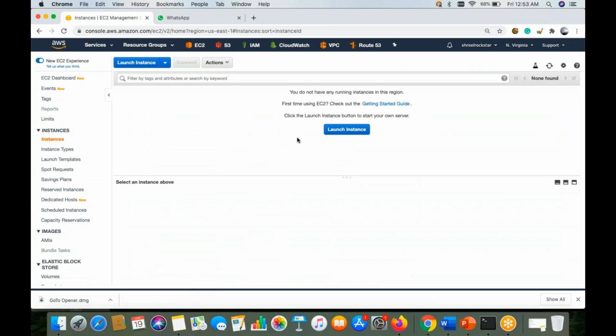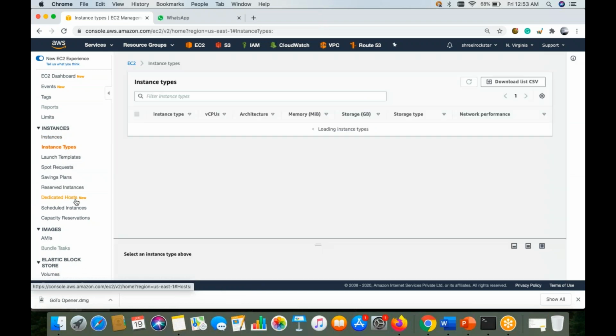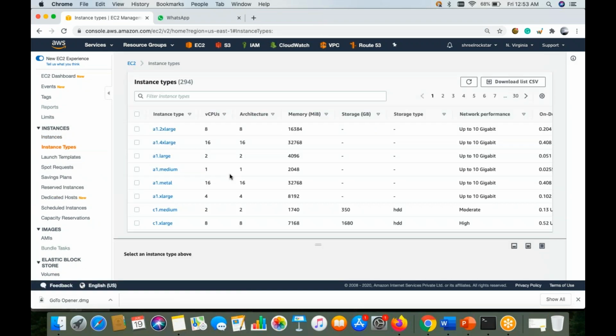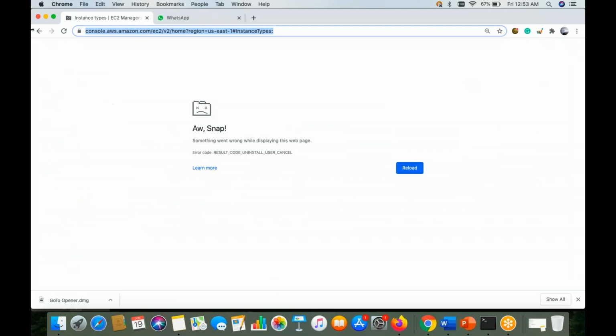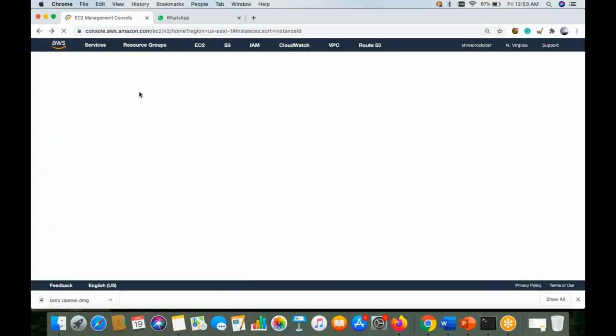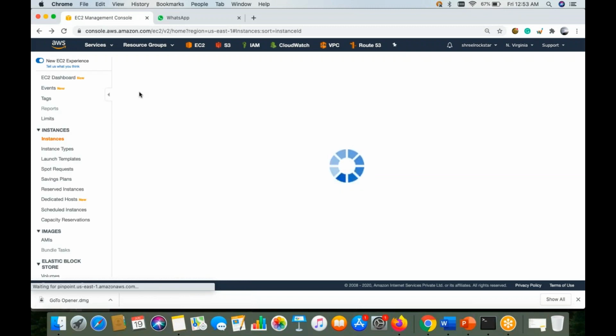Instances is the window we use when we create a server. Whatever compute resource we are going to create here comes under launch instance. An instance is equal to a VM, a virtual machine, similarly we can call it a compute resource. Instance types are what server we are going to create, like T2 medium or A1 medium, the new generation they have launched, which we can filter from here, and which helps us understand the availability of the resources.